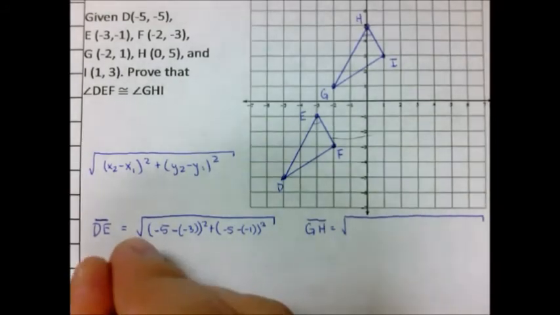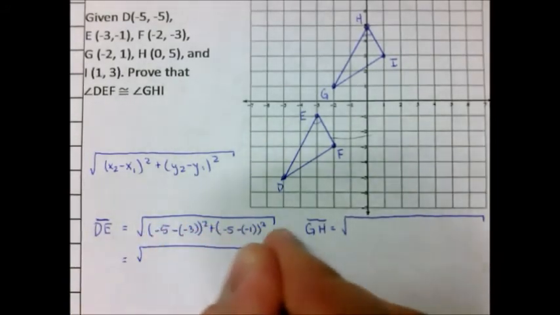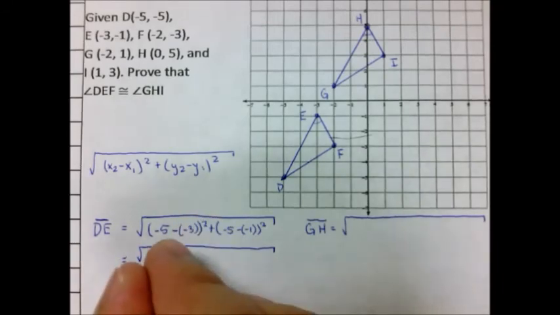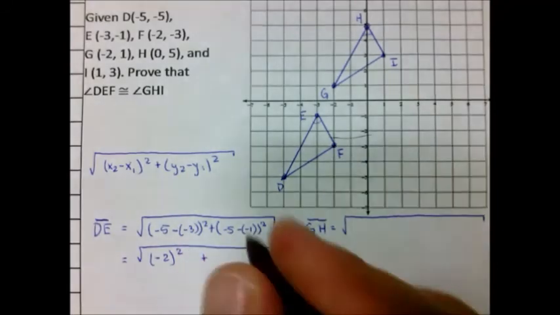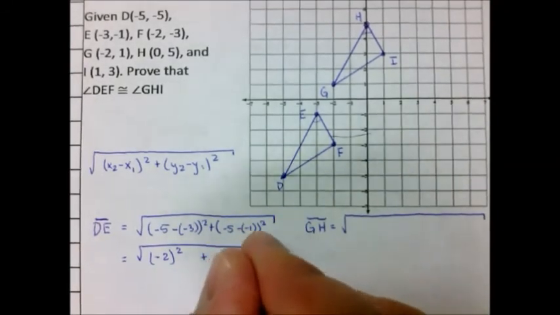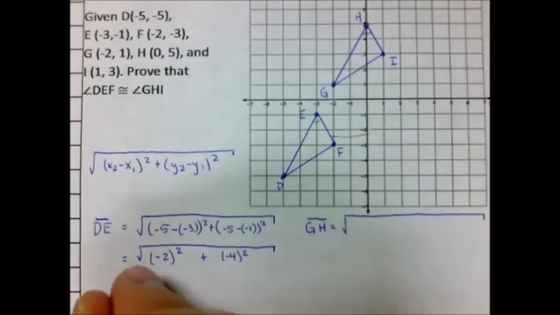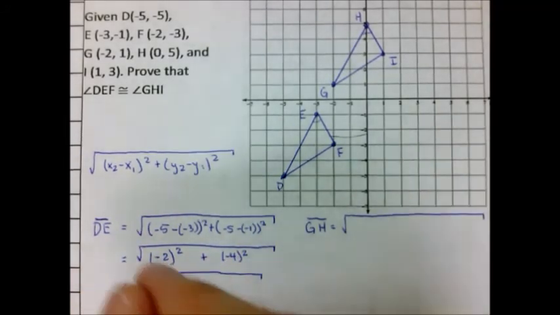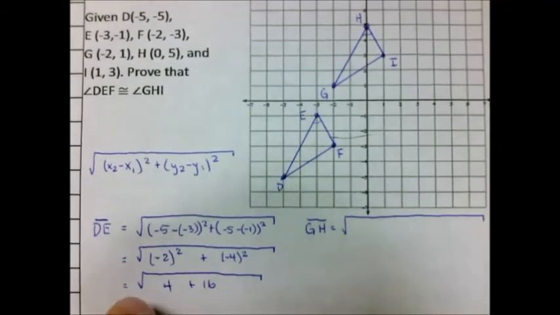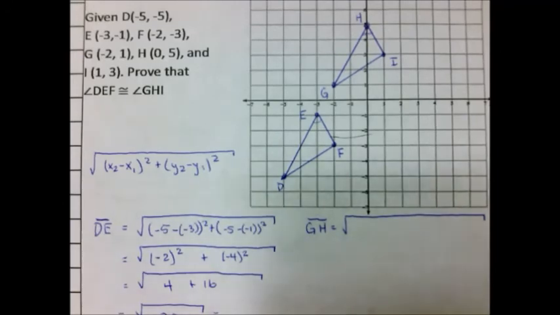Now we're just solving this. -5 minus -3: remember, subtracting a negative means we're adding it, so we have -2 squared, plus -5 minus -1, which is -4 squared. -2 squared is 4, and -4 squared is 16, so we end up with the square root of 20, which equals